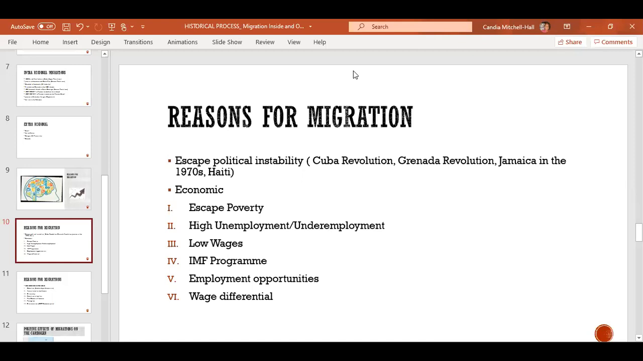So we know for sure that there's high unemployment happening in the Caribbean and people cannot find work. You see, especially in countries like Barbados, where they have free education, a lot of people have degrees, but they cannot find work there. When I was living in Barbados, I had friends who were actually working at the gas station